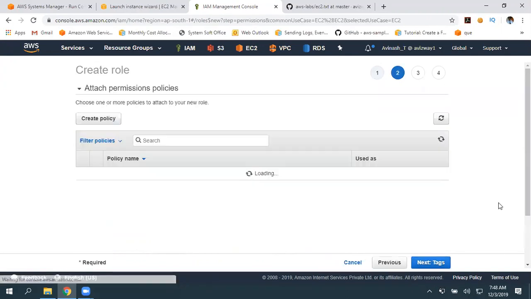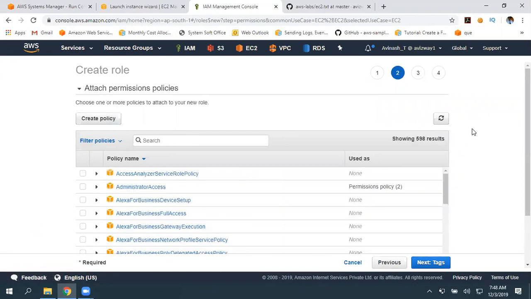Then click on next. Here, policy. What policy do we need to associate? It matters. Again, don't associate the administrator policy and all. We always try to provide the required permissions only. Unnecessarily, for example, one user needs only S3 full access. You are just associating S3 full access, right? You are not giving an administrator policy to that user.